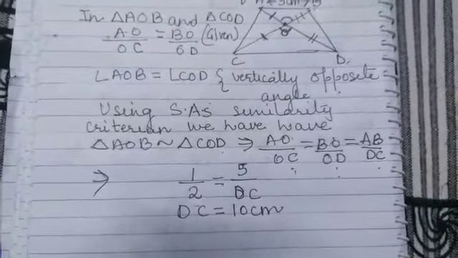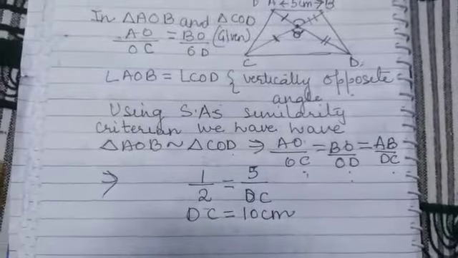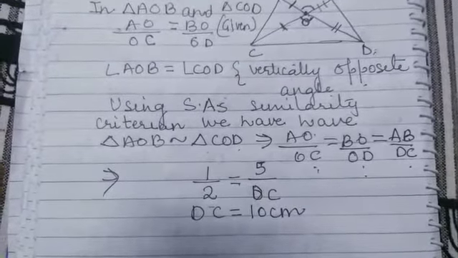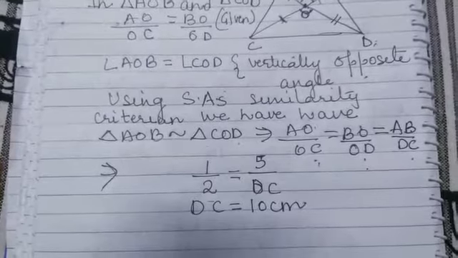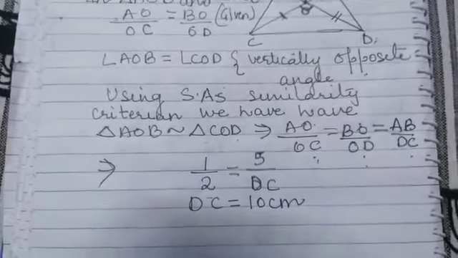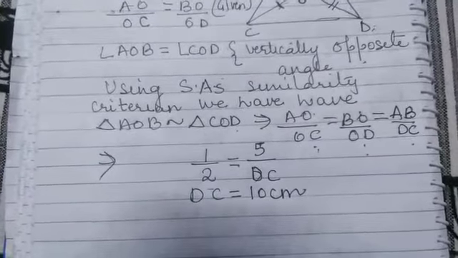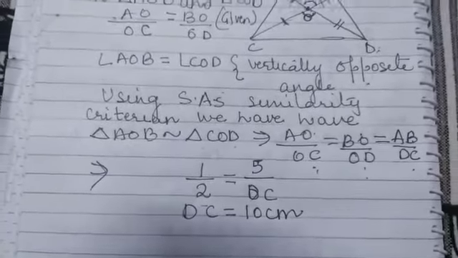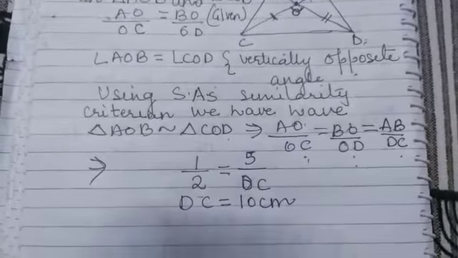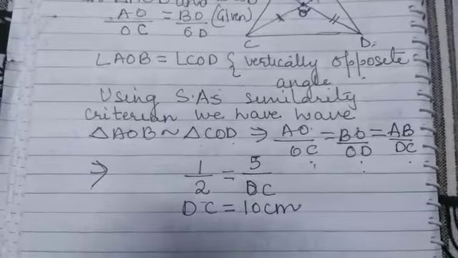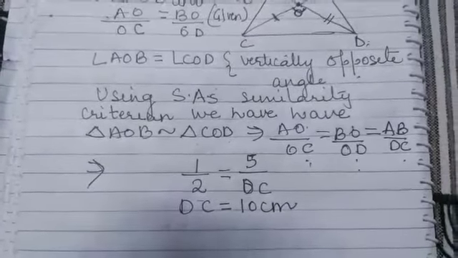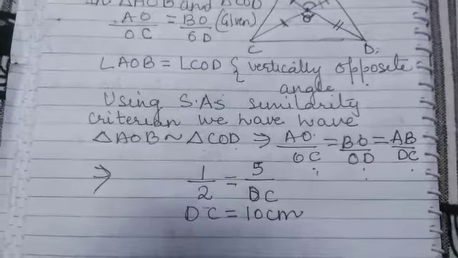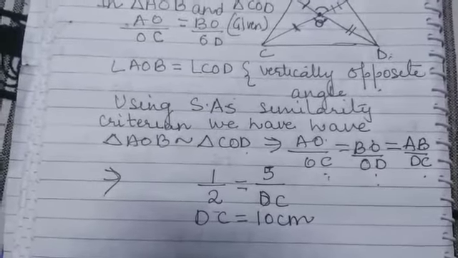Okay class? Right. So we have done all the three criteria for the similarity. Two triangles are said to be similar by, there are three criteria for it: angle, angle, angle, side, side, side, and third one is side, angle, side. Okay. Now these theorems, no need to learn, only you should know how to prove them, and how to apply them. Okay then. Thank you class.